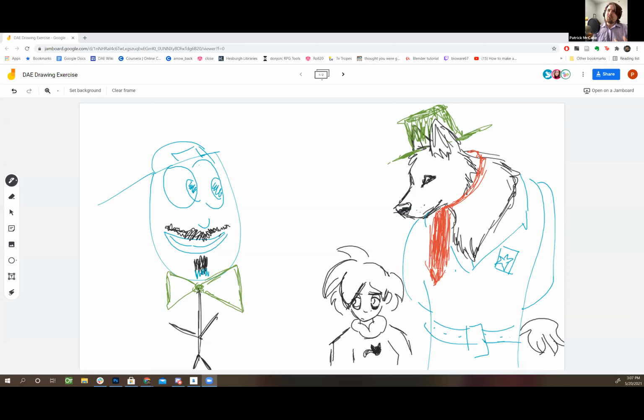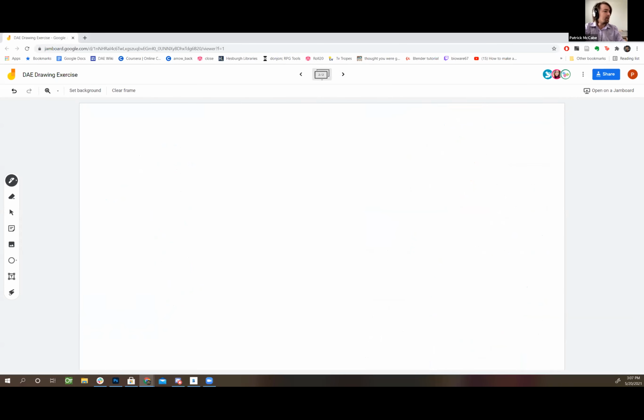So we here at the DAE sometimes use Google Jamboard just for meeting notes and things like that. Nick's probably going to touch on that a little bit later. But one thing that we can do using free access tools like Jamboard is that we can actually draw together. And I realized my camera just went off. We can actually draw together. And because we can draw together, I'm going to do an exercise with everyone. I'm going to create a new little frame here. And this exercise is what I call the one-line exercise.